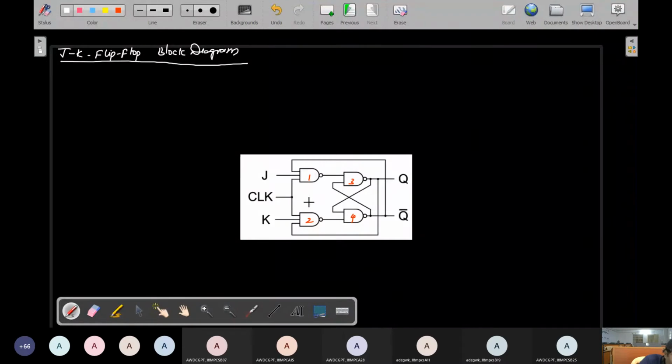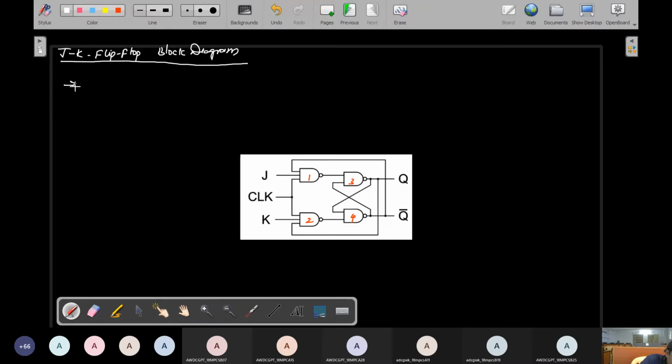So everything is okay. And what are the extra connections? This extra connection is that the first NAND gate input is connected to the output of the fourth NAND gate, and similarly the second gate input is connected to the output of the third gate. So this provides additional connections. If you add these additional connections to the SR flip flop, it will be converted into a JK flip flop.